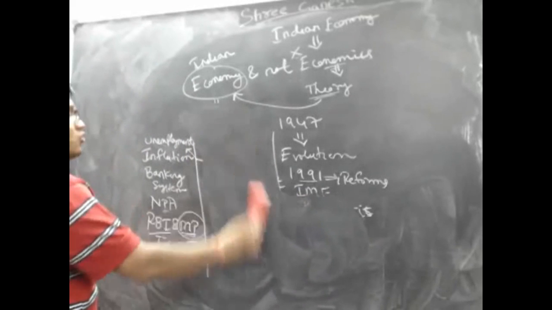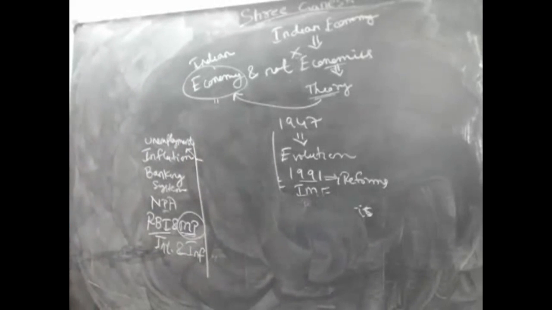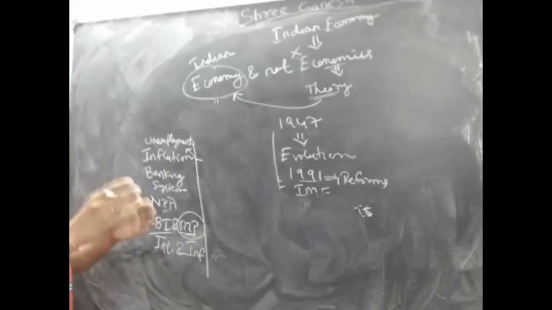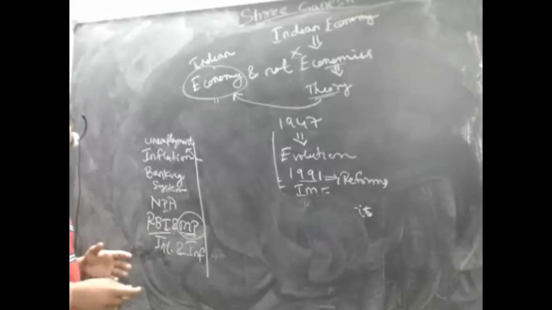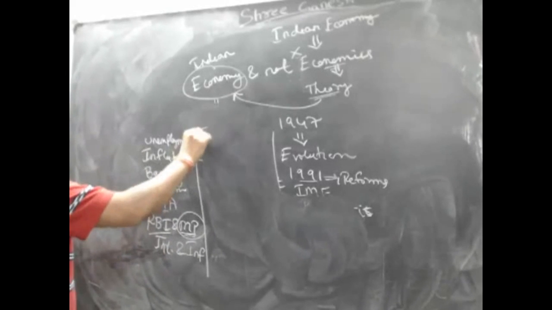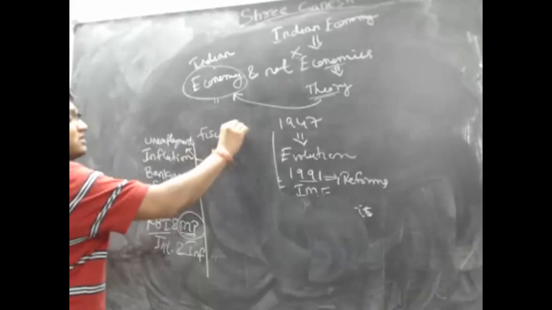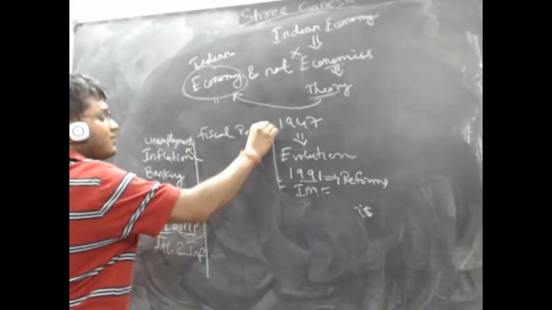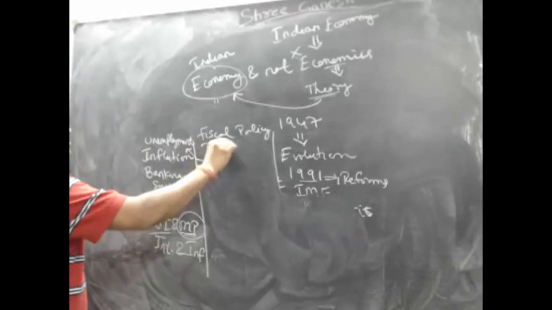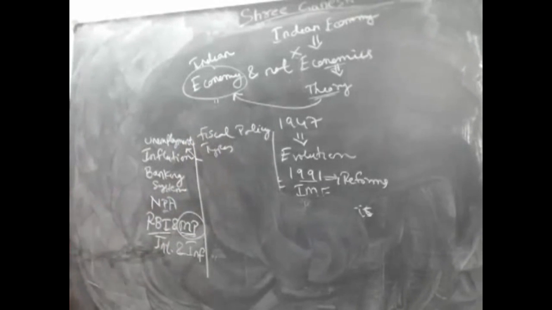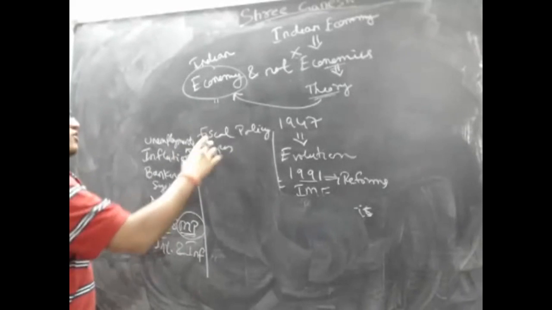Basically, there are two very significant policies that govern any economy. The way democracy is governed by constitution, similarly, monetary policy and fiscal policy are two important policies that govern any economy. So here we will study about fiscal policy. We will see what fiscal policy is, the types of fiscal policy that are followed, in which situation which kind of policy is followed, and what is the implication of this fiscal policy